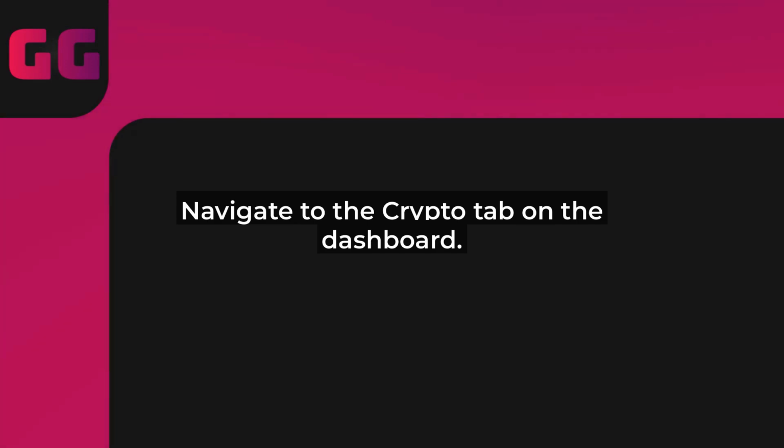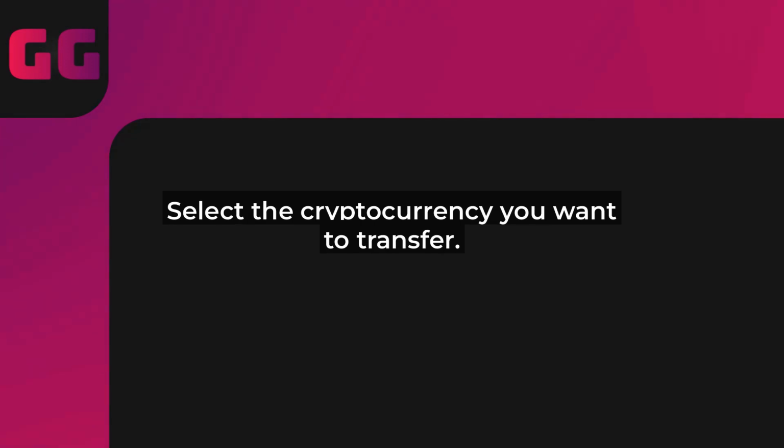Next, select the specific cryptocurrency you want to transfer. For example, if it's Bitcoin or Ethereum, tap on it to open the details page. Now, find the Transfer or Send option. It might be under a menu like Actions, or directly on the asset page. Robinhood's interface is pretty intuitive, but if you're new, take a second to explore.